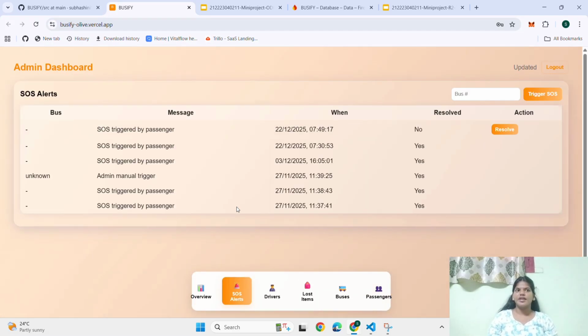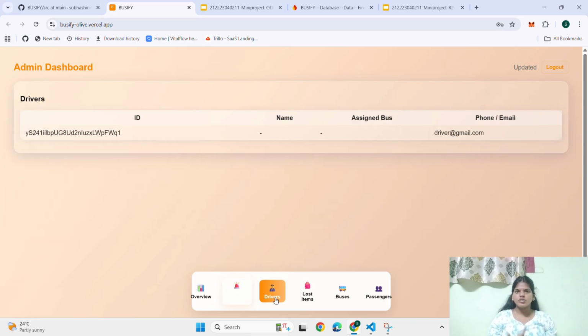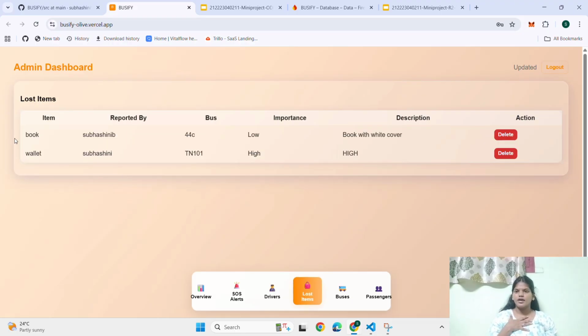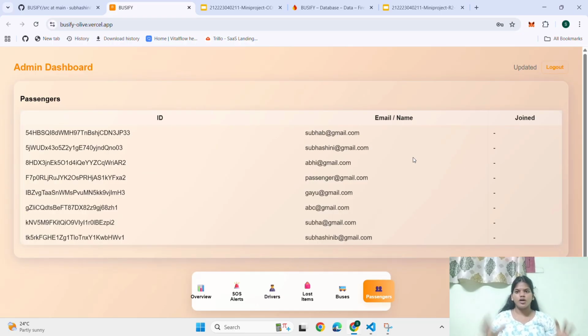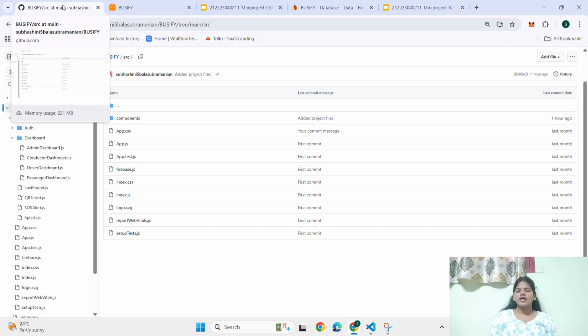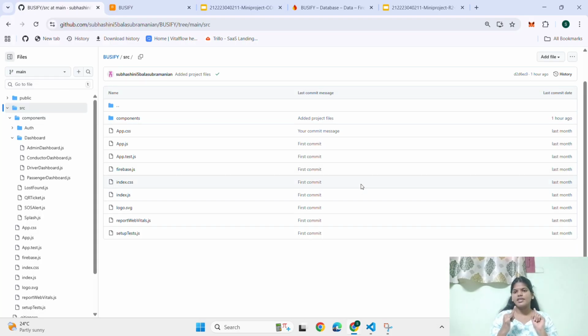For the SOS alert, they can see who triggered it, and if they resolve it, they can mark it resolved. Next, drivers: how many drivers are available and how many items are lost. The lost item I just added, the book, is added here, and how many buses and passengers there are are all viewable in the admin dashboard. For this I am using the Firebase database,